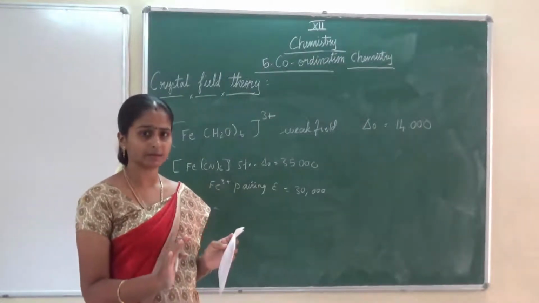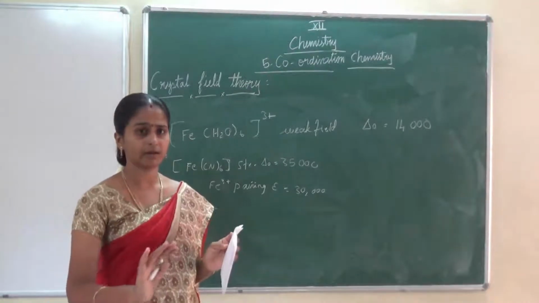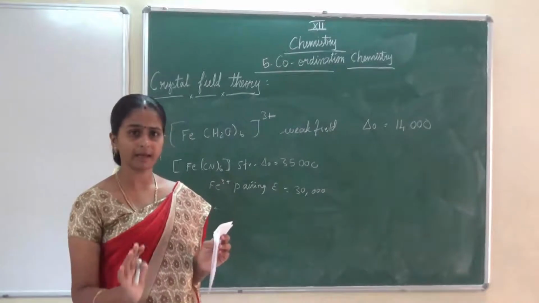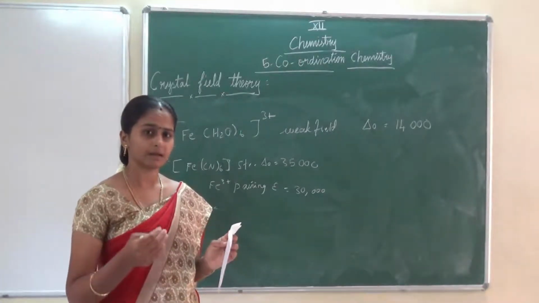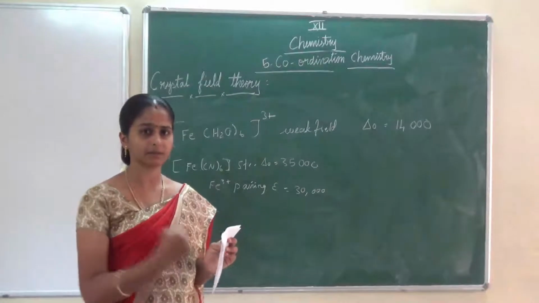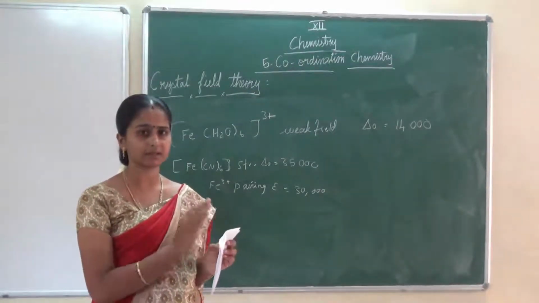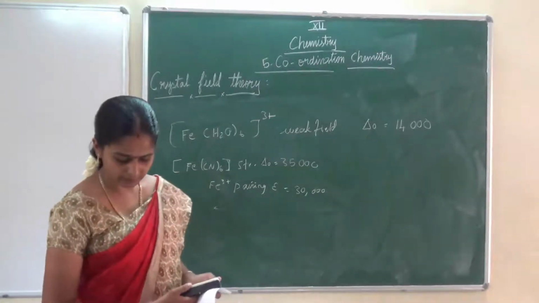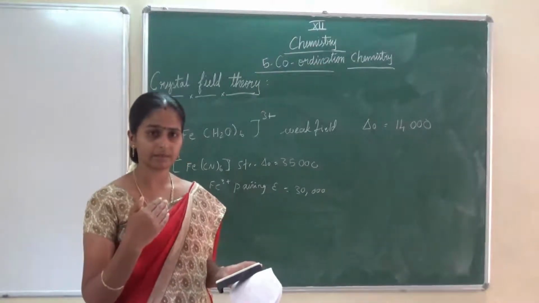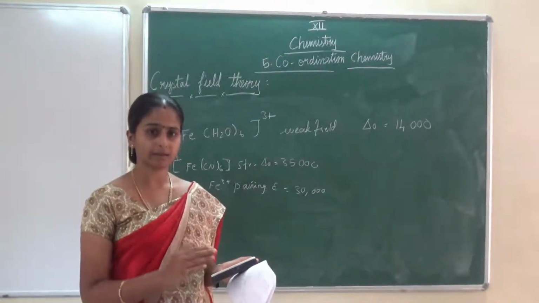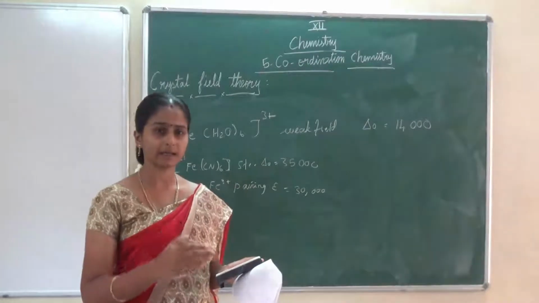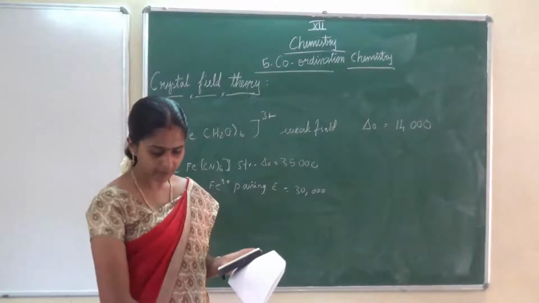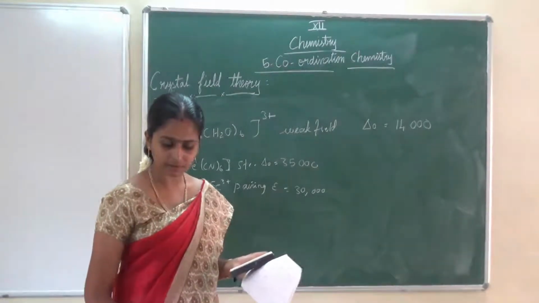How it was, now generally how we will write for a normal electronic configuration, that is for the central atom. But ligand field means after approaching the ligand, how the electronic configuration is changed. Now we are going to see with example. So from this we can see whether the particular ligand will pair up the electron or not, where the electrons will enter, ligand electrons where it will enter. Like that we are going to see now. It is also a 5-mark question.